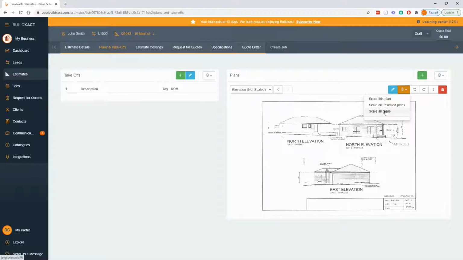The only potential issue with that is that you might have site plans that are a different size or sections that are a different size. So what we're going to do in this example is go with the scale all approach and then show you how to come back and fix those odd ones out, which is still going to be the quickest method. So I'm going to go scale all,